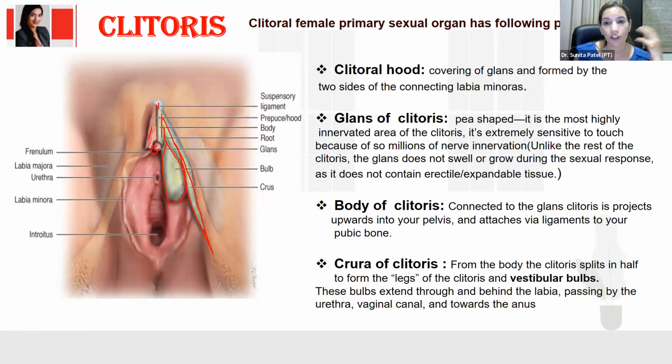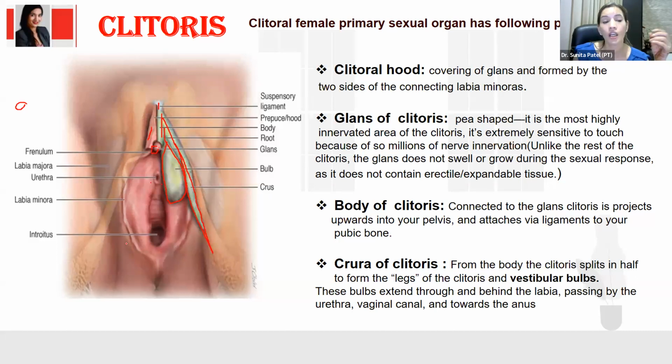Second is the glans of the clitoris. It's a P-shaped area, this area. It is the most highly innervated area of the clitoris. It's extremely sensitive to touch, and millions of nerve endings are present around this region. Unlike the rest of the clitoris, the glans does not swell or grow during the sexual response. This small P-shaped area doesn't have erectile tissue. It has more sensitive tissues, which send sensation to the brain. Those kinds of structures and hormonal receptors are present around this region, but they are not going to go